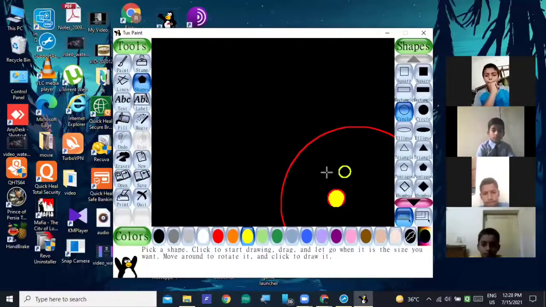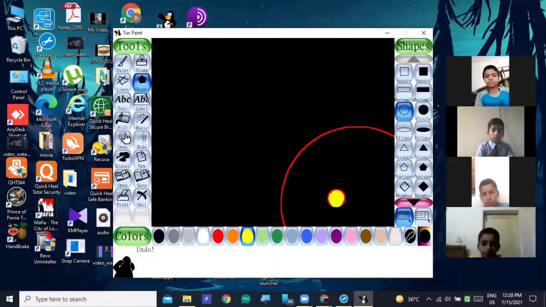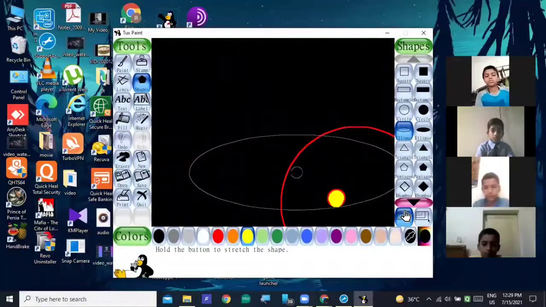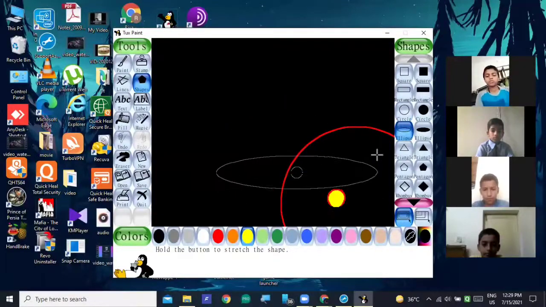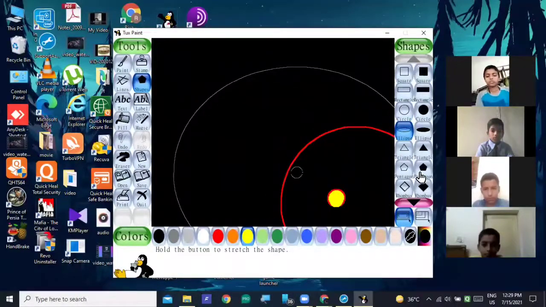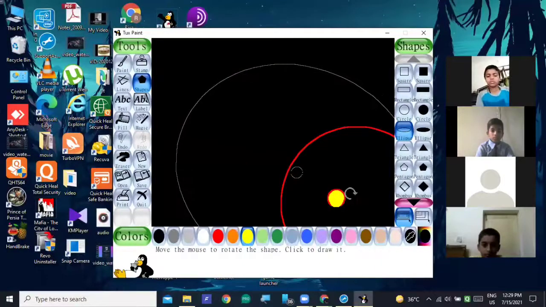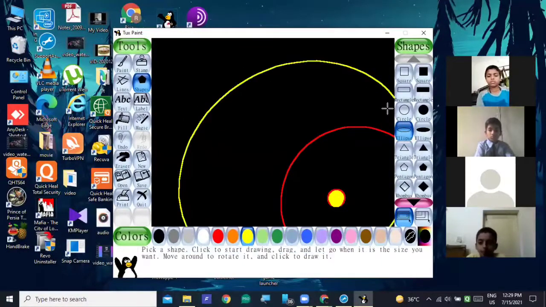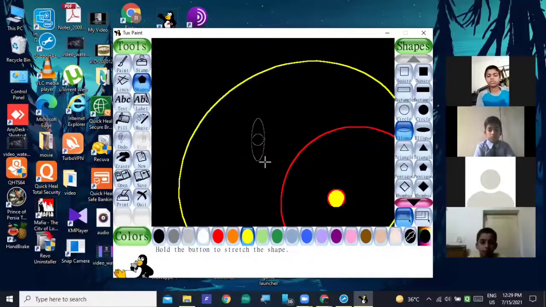Now let me use this ellipse in place of that. What happens if I take the ellipse? No, it will not give us a proper shape. Fine, it is fine. But it keeps on moving.